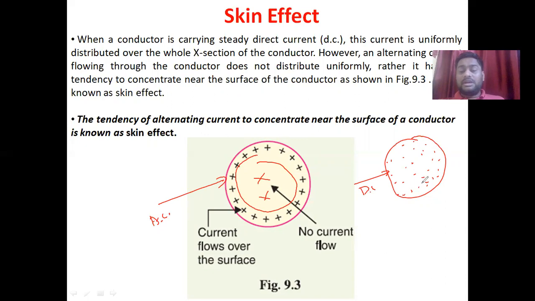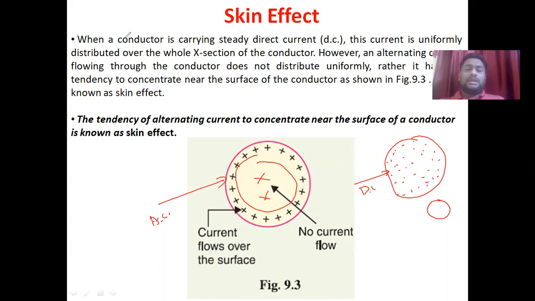And when DC current is flowing through the overall cross-sectional area of the conductor, the size of the conductor required is small for a large current. For a large current flowing in an AC conductor, the size of the conductor must be large, because current is flowing only through the surface of the conductor. That's why the effective area of the AC conductor is only the surface of the conductor. That's why the surface of the conductor must be larger for flowing high alternating current.